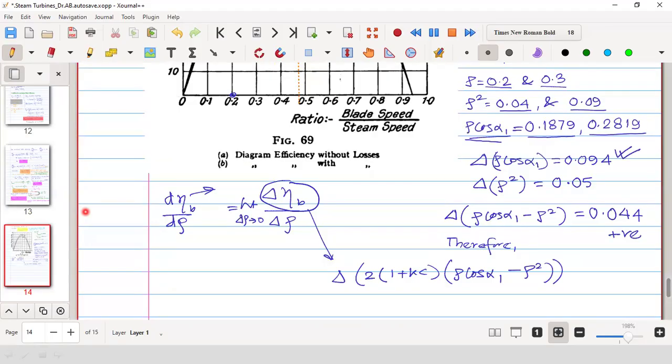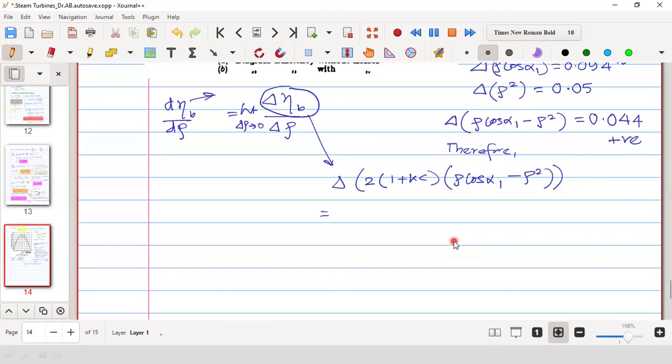Because this is eta b, and we know that for a particular blade, this quantity is constant. This quantity is constant, so it will come out. Therefore this delta quantity is equal to 2 by (1 plus kc) multiplied by delta of rho cos alpha 1 minus rho square, isn't it? Now তাই তো আমরা এটাই ক্যালকুলেট করছিলাম, এই যে এটা।